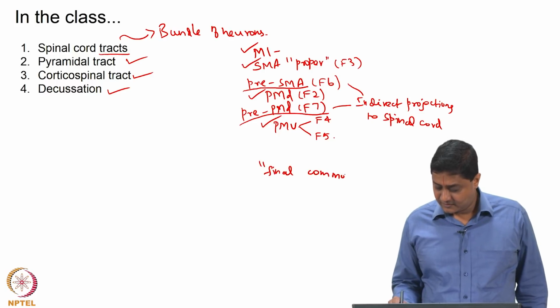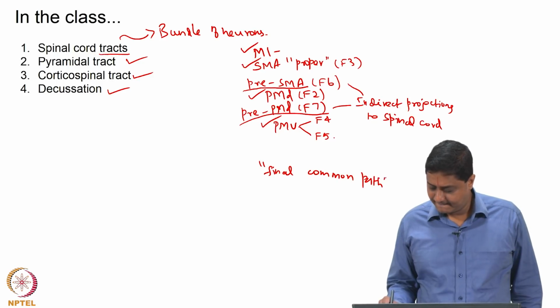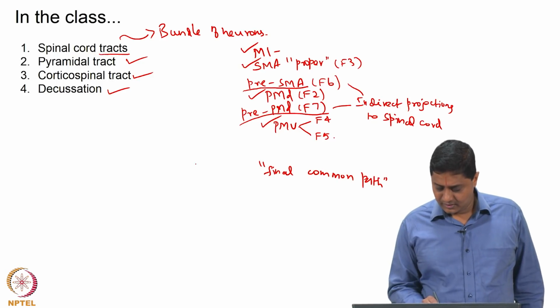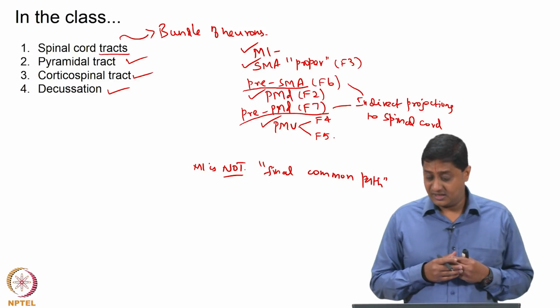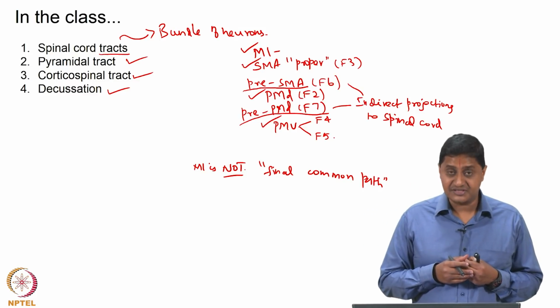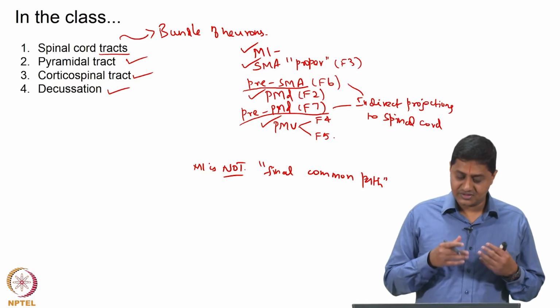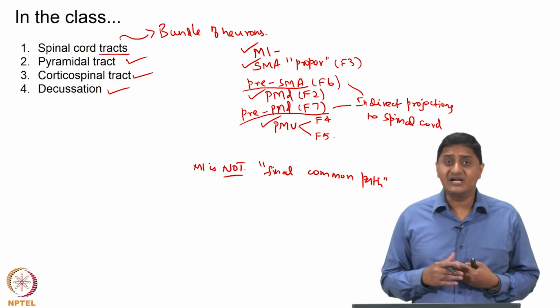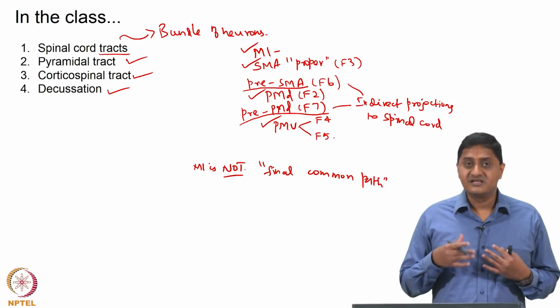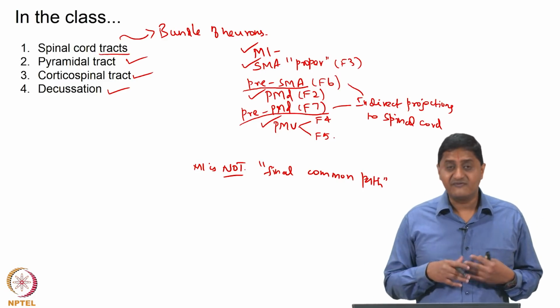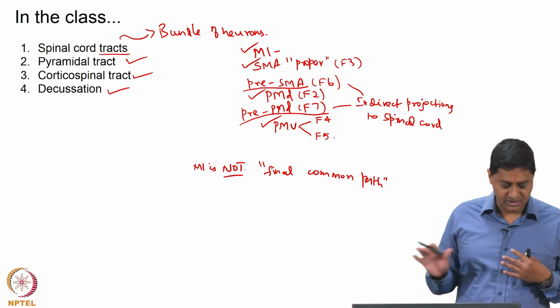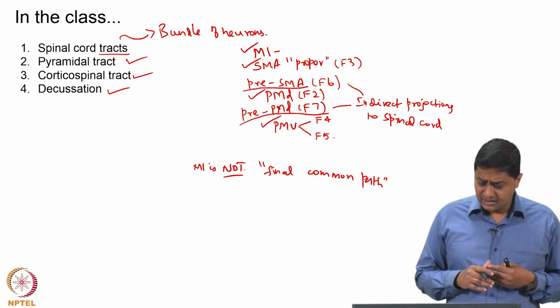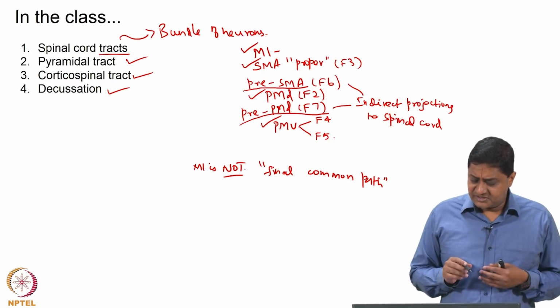is also wrong. M1 is not the final common path, but rather there are many sources of corticospinal projections, more than one. M1 is a major contributor, but it is not M1 alone. There are others such as the supplementary motor area, dorsal premotor area, ventral premotor area, etc. So, M1 is not the final common pathway to the spinal cord, and the projections from these regions